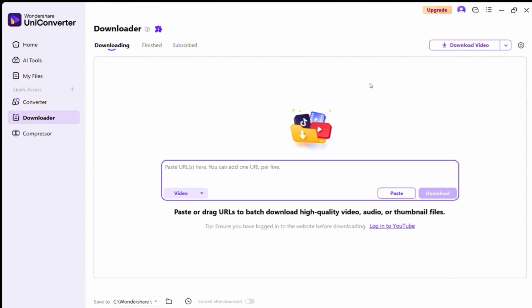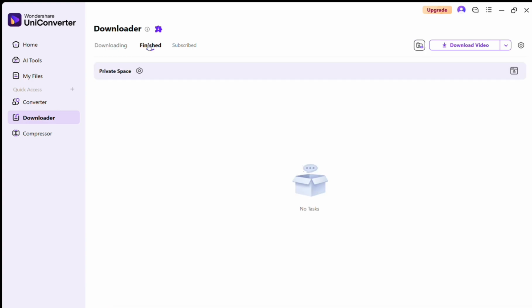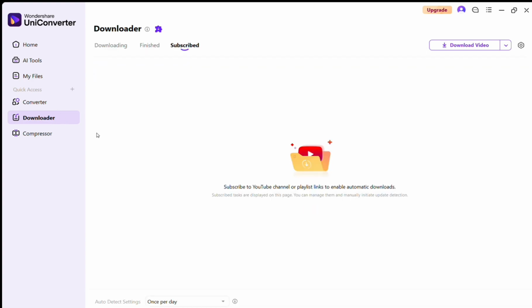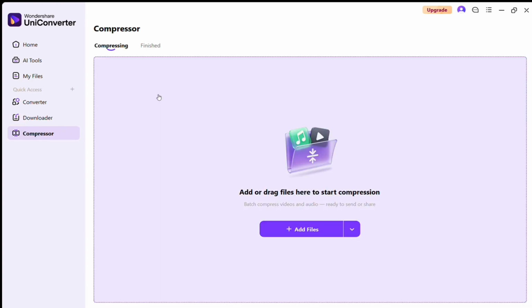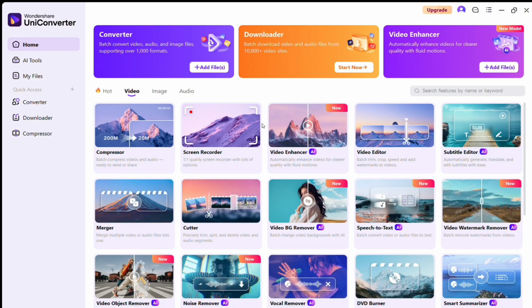While the downloader option in here allows users to download videos, audio, playlists, and subtitles from supported online platforms for offline use. While here the compressor is designed to reduce the file size of videos, audios, and images while maintaining an acceptable level of quality. So overall, this UniConverter helps users by providing an all-in-one multimedia solution for converting, editing, compressing,